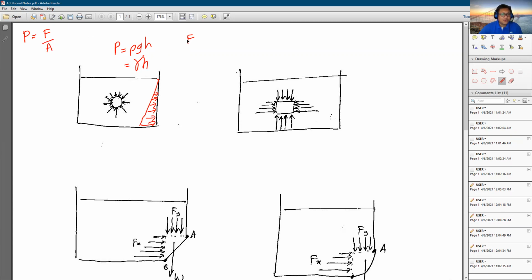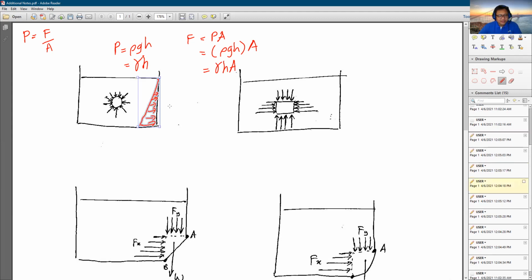So in this case, F is equal to P times the area, and you can further expand this into rho g h times the area, or gamma h times the area. The area of your interest could be